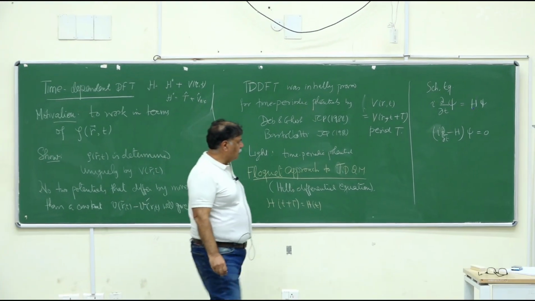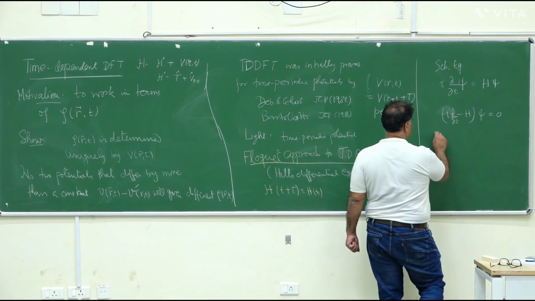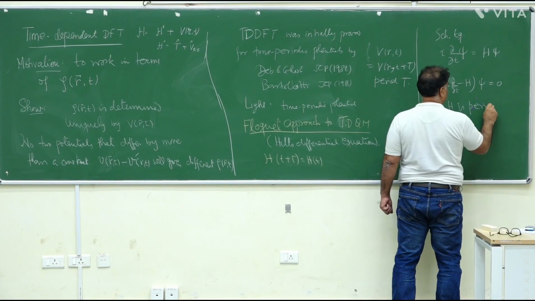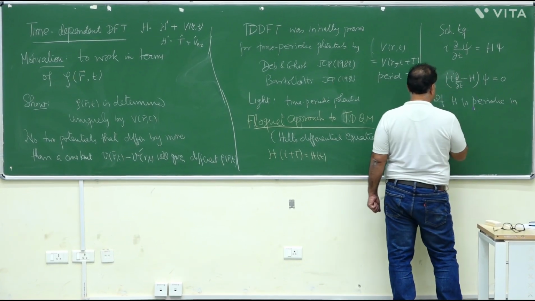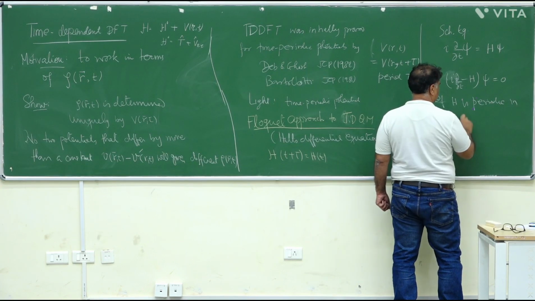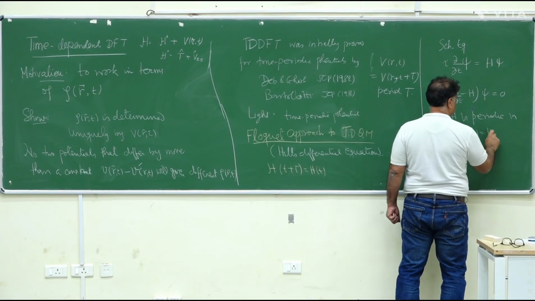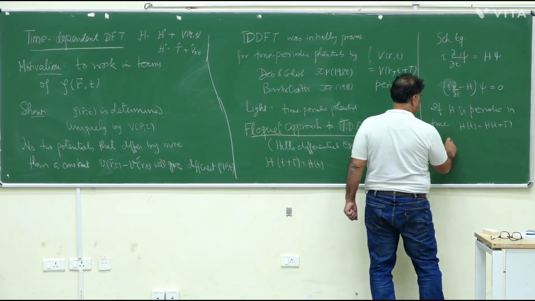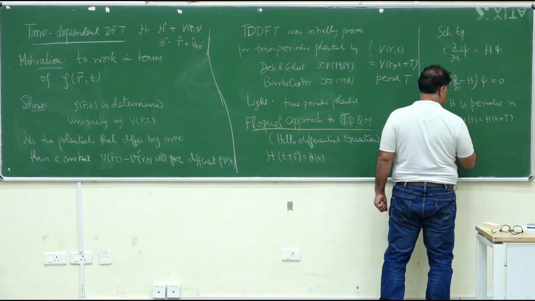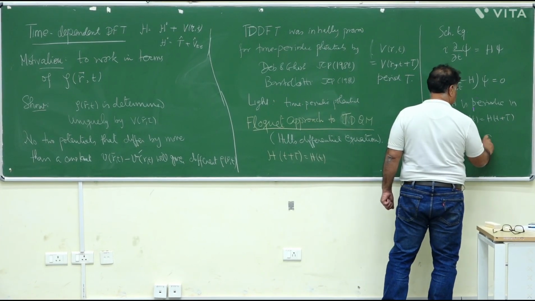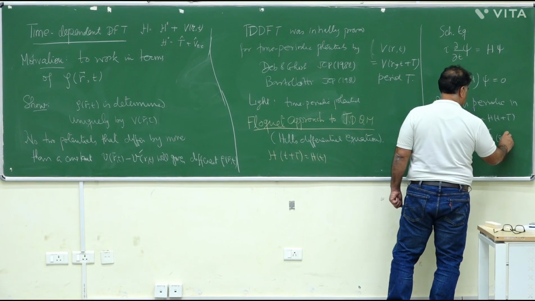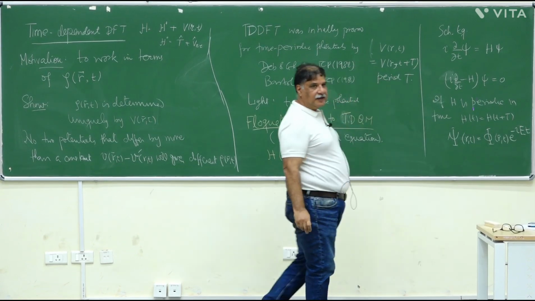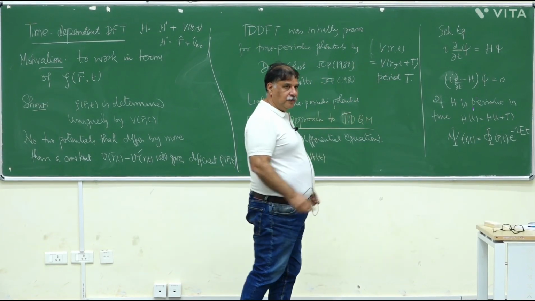What Floquet says is that if H is periodic in time, H(t) equals H(t+T), then you can write psi as equal to some phi(r,t) e raised to minus i epsilon t, exactly like the steady state problem, where